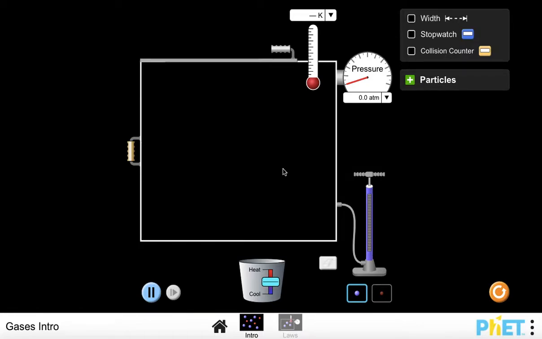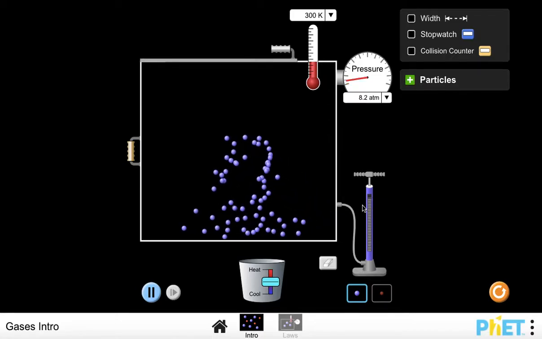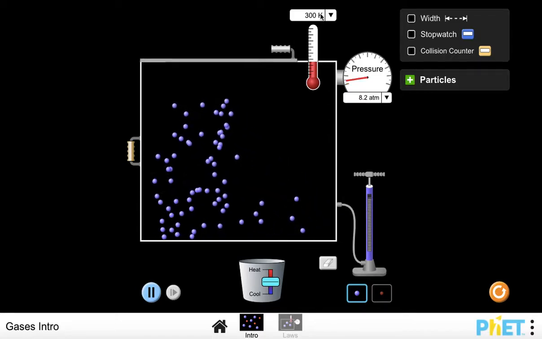Today I want to have us look at the PhET Colorado gases introduction lab a little bit, just to give us an idea of what we've been talking about with kinetic theory and to show us some of these particles in motion. So first I'm going to add some particles into my chamber here. It doesn't really matter how many, just some that we can see. And we notice it's at a temperature of